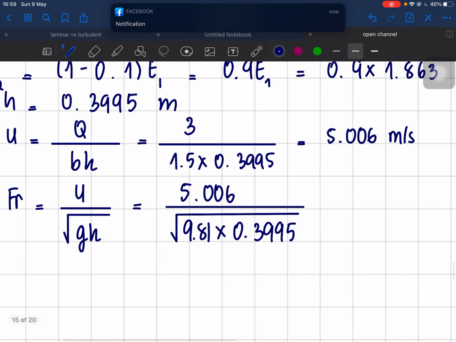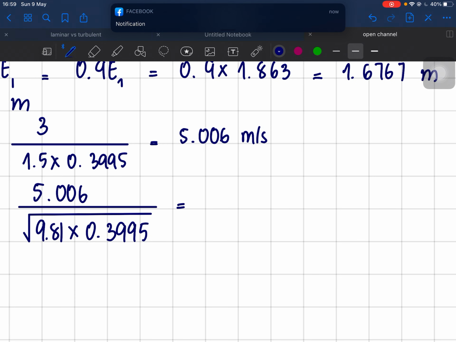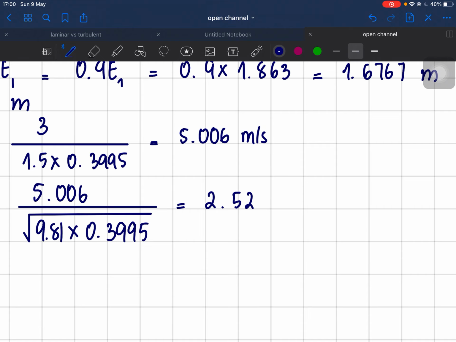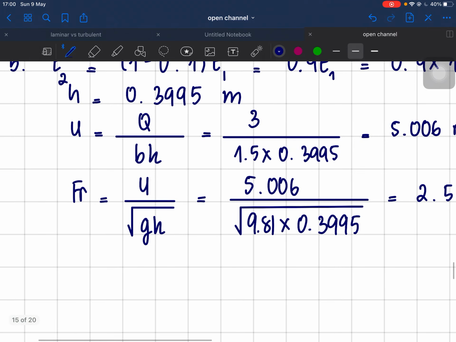The answer is 2.529. Okay, so this is the Froude number without any